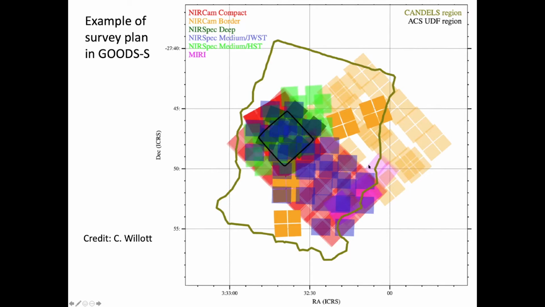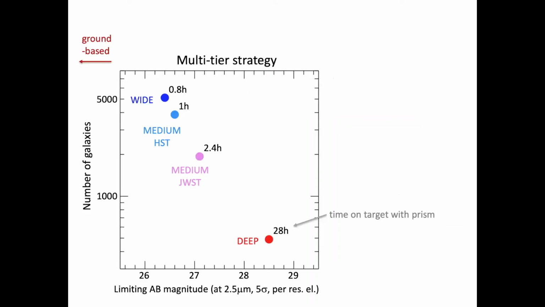There is also a small MIRI component in parallel to some of the NIRCam pointings, which I don't have time to discuss. Overall, the spectroscopic survey will be a multi-tier strategy, summarized by this diagram, where you have the number of galaxies on the y-axis and the limiting AB magnitude on this axis. So we will observe from a few hundred galaxies in the deepest fields,